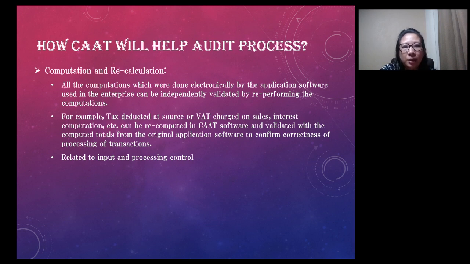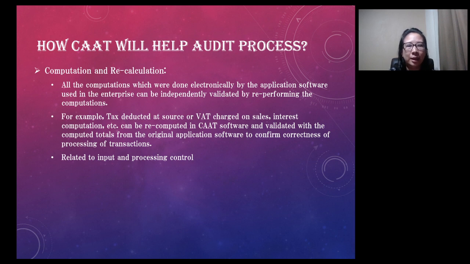Computation here means that when we have the application software, we will check again whether the software has processed correctly related to the computation and the calculation. So using the CAAT, the tools can help us to recalculate again,